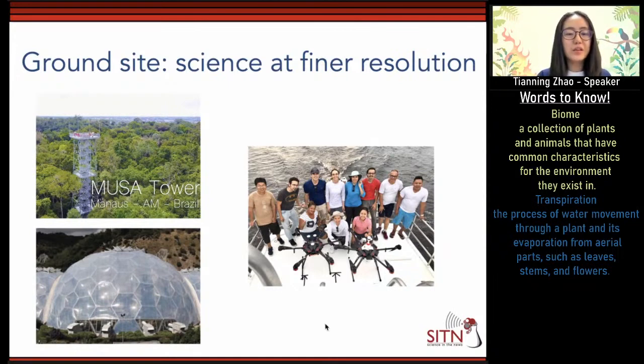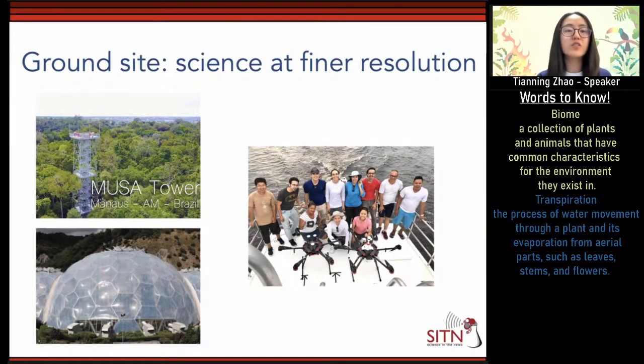So as you can see here is relatively the largest unmanned aerial vehicle produced by DJI, and we would put different low-cost sensors on board, and then it would serve as a kind of mobile platform which would go beyond the ground site, beyond the tower, beyond the boat which we were on, and take measurements along the way.